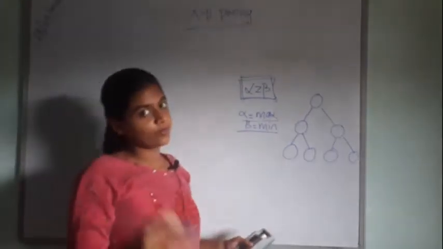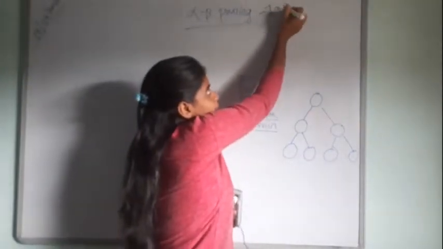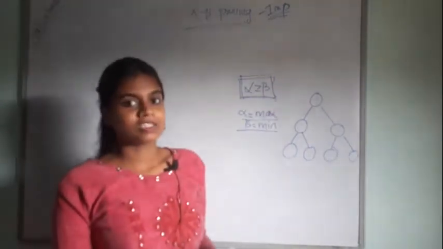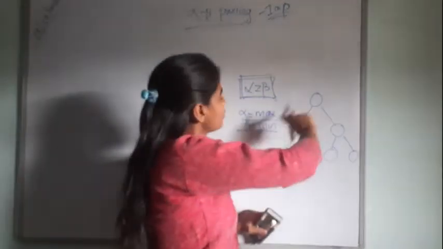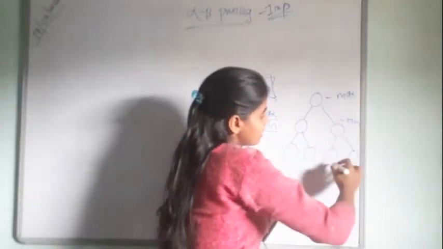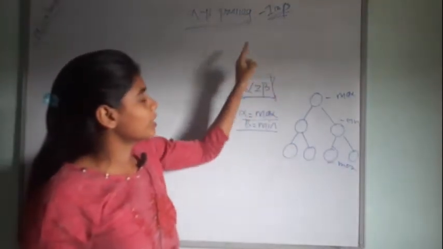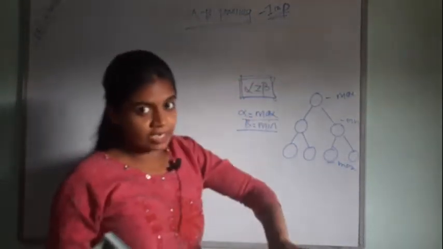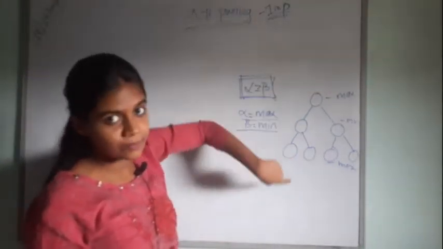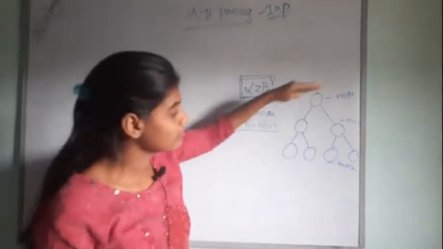So what's important in alpha beta pruning? Alpha beta pruning is very important, so please note it down. In the question paper it is asked every time, for 10 marks or 20 marks, it depends. You can see here maximum, then minimum, then maximum. In this graph, they take the first layer as maximum, then minimum, then maximum. It goes layer-wise. First they take the initial value as maximum, then minimum.